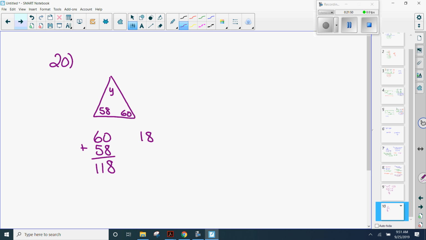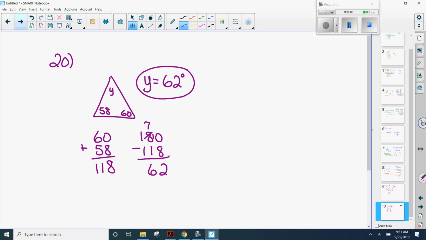So I take 180 minus 118, and you end up with 62. Okay. I would make sure